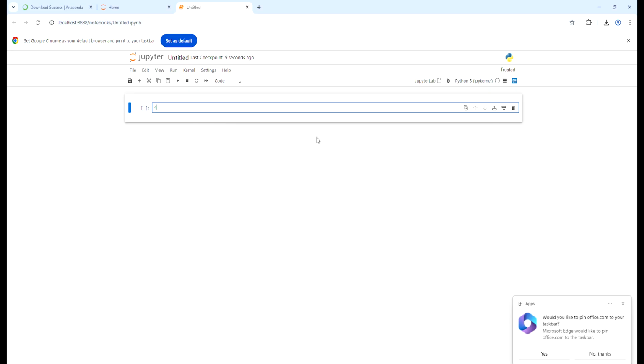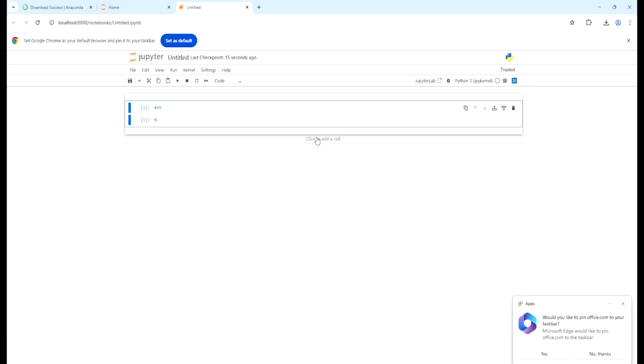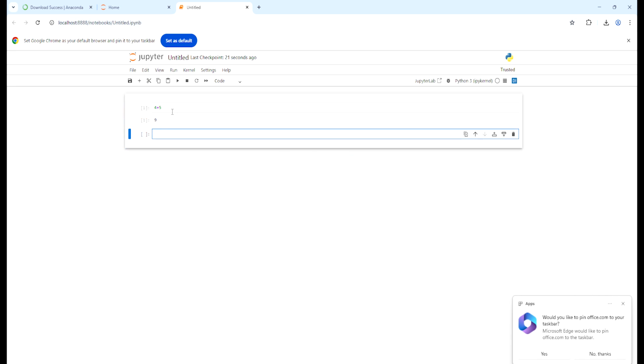4 plus 5, then control plus enter, it is printing 9. And to add one more cell, so these are the code cells. Here we can write the Python code.